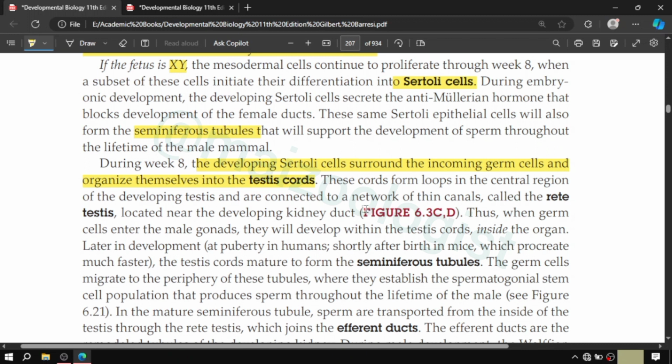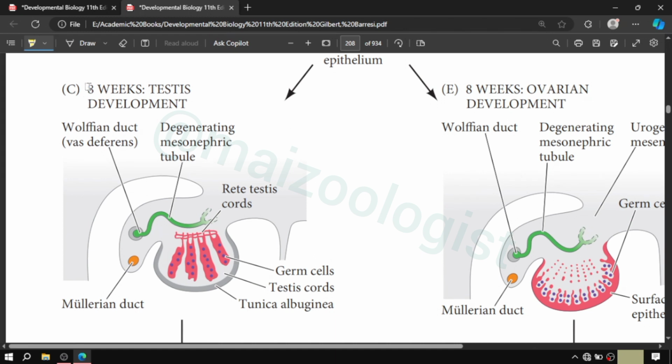Let's take a look at that. So here you can see that at week 8, it has now been determined whether the indifferent gonad is going to be a testis or an ovary. In case the genotype is XY and the gonadal rudiment is determined and differentiated into testes, then this Wolffian duct is going to develop into the vas deferens. This Mullerian duct is going to degenerate in a while, and we can see here the degenerated mesonephric tubule,